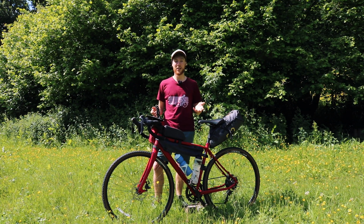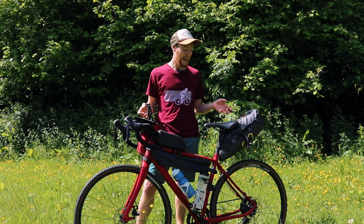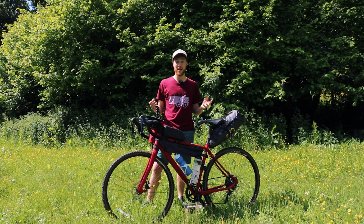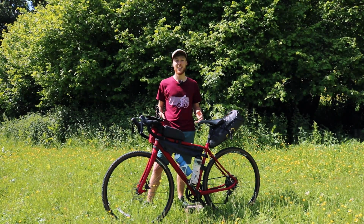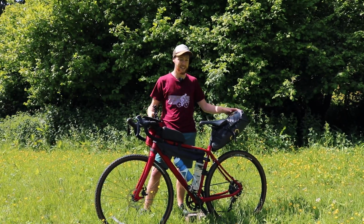Today I'm about to head off on an overnight bikepacking adventure doing the East Devon Trail. So I thought I'd do a quick rundown of the things I'm taking. And this is a fairly lightweight setup, and that's partly because it's only for 2 days. And also I know we'll be passing lots of places to stock up on water, to stock up on food. So there's some things I'm not taking, like cooking and gas equipment, which definitely cuts down on the amount you